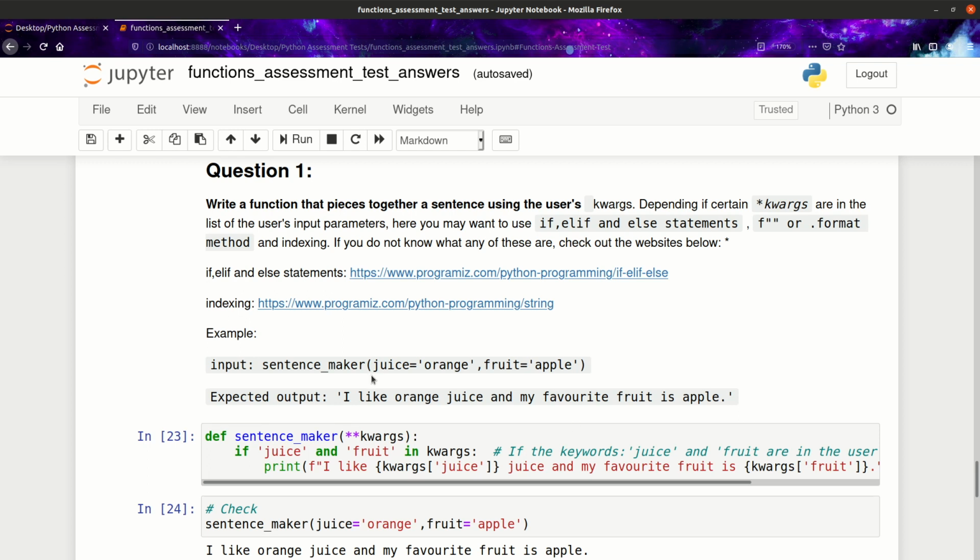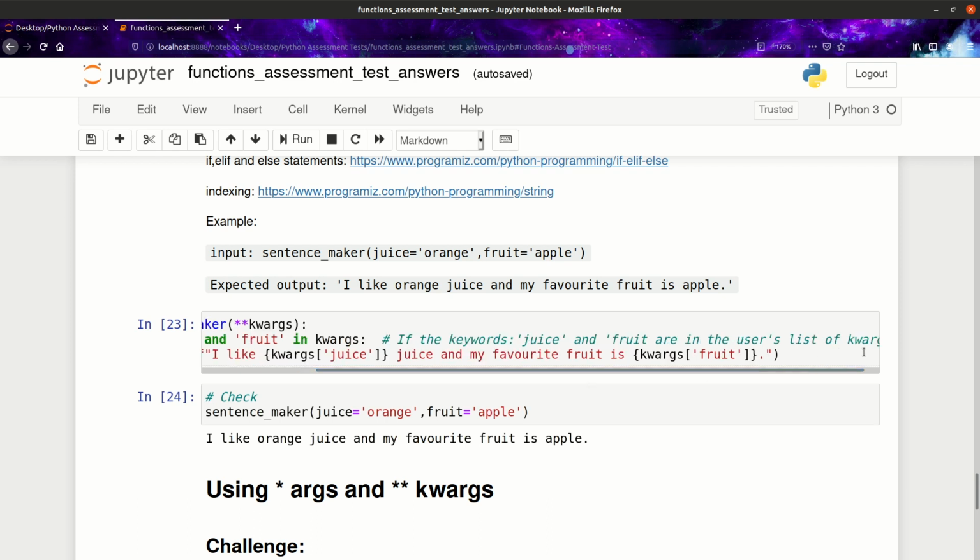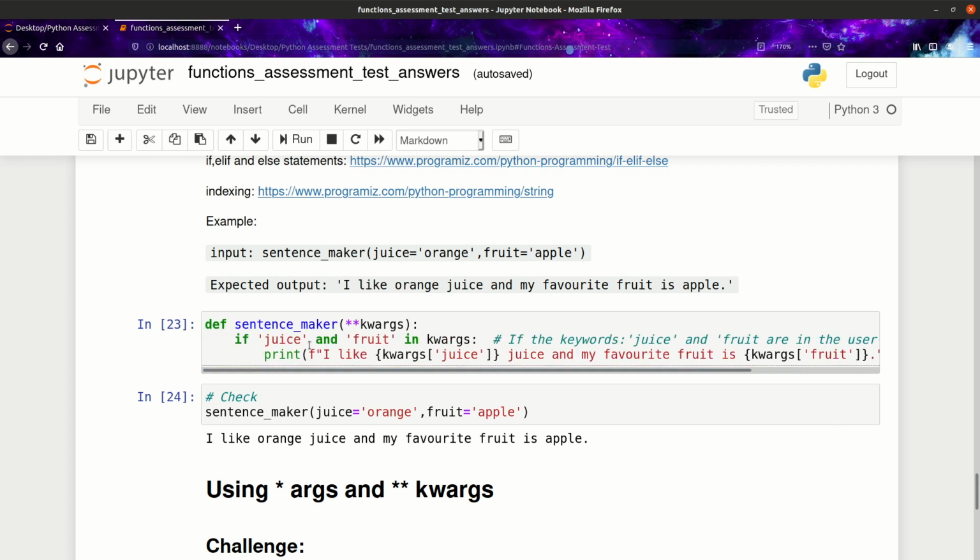So here it was actually very simple. All we need to do was use if, elif, and else statements, f-string or the dot format method, and indexing. Now here again, I define my function, sentence maker, and I put in 2 asterisks and then kwargs because obviously you need to define kwargs using 2 asterisks. Now here I said if the keywords juice and fruit are in the user's list of kwargs or keyword arguments, so if these two are in the user's list of keyword arguments, then I want to print,